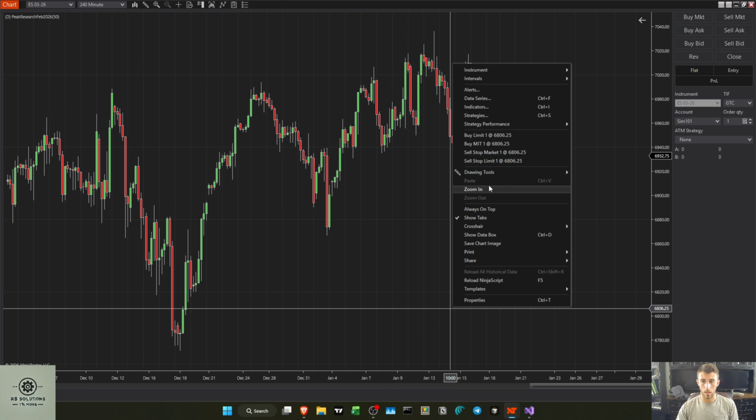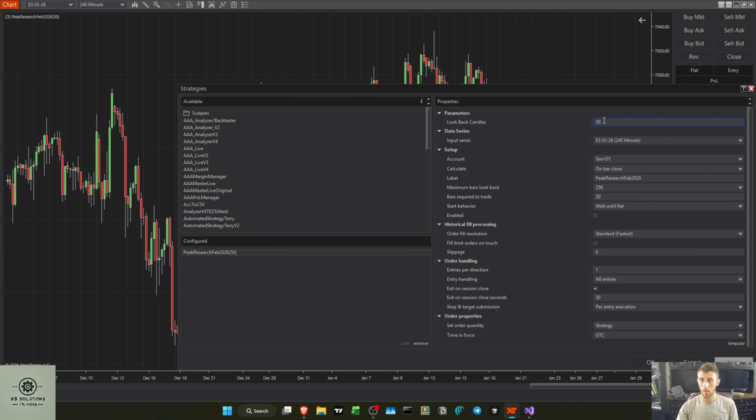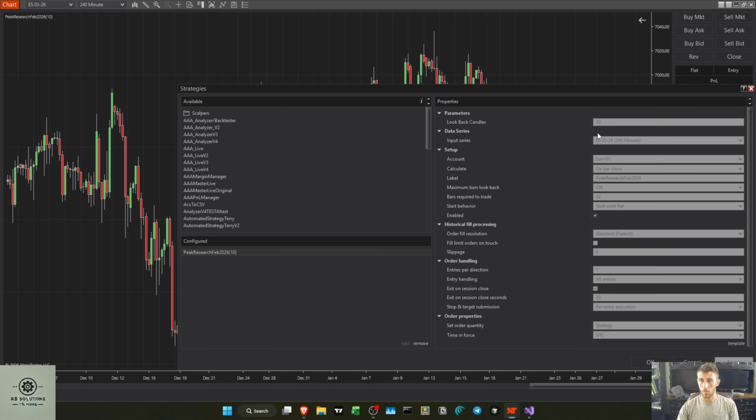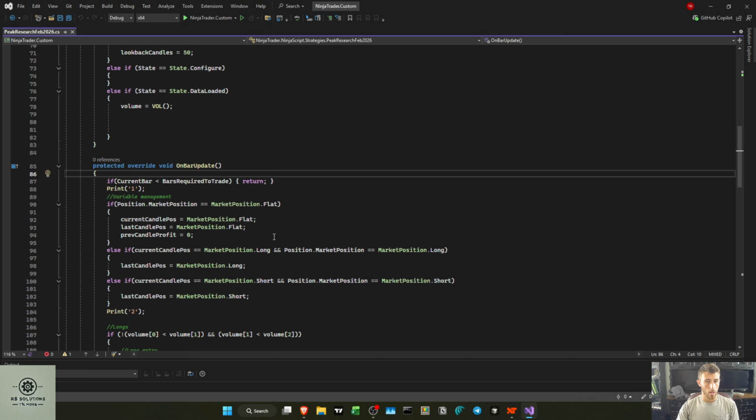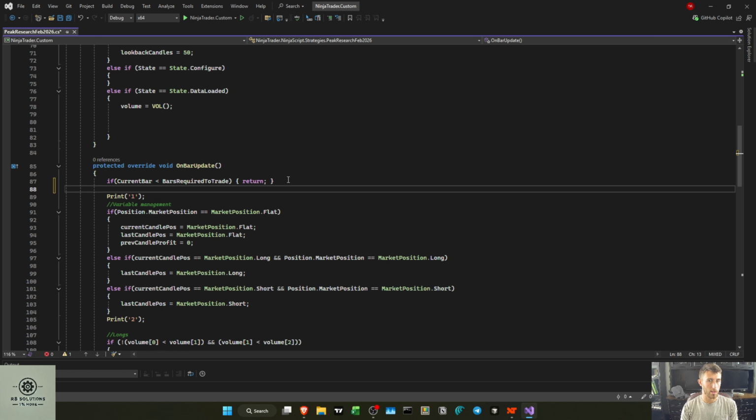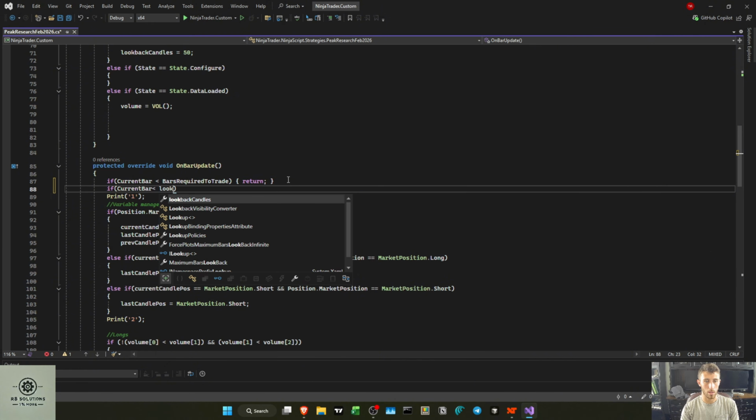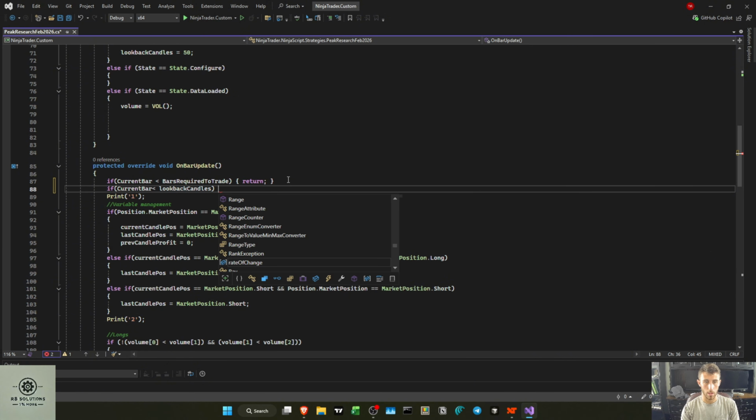So in theory, we should be able to change this. Boom. Now it works. So since that's the only thing we changed, we know it has something to do with the look back candle. So let's just make sure if current bar is less than look back candles, then we also